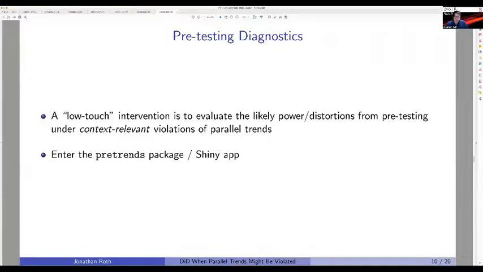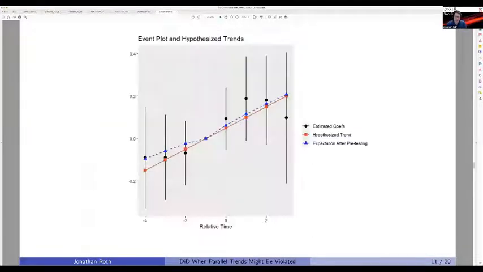So the first thing that I'll talk about are these pre-testing diagnostics to try and figure out, are these issues that I've described about pre-testing likely to be important in the context that I'm thinking about, based on what I view as context-relevant economic violations of parallel trends. And so I have an R package and Shiny app that can help you do this. The thing I like about this app is it helps you to visualize what I do